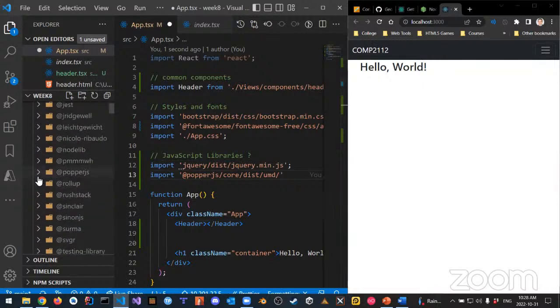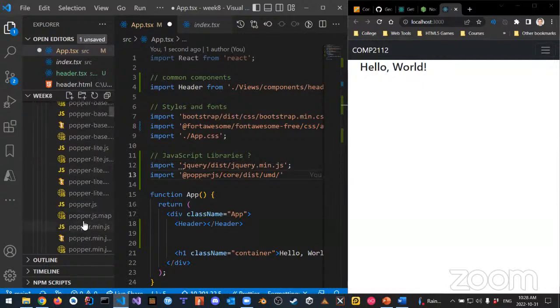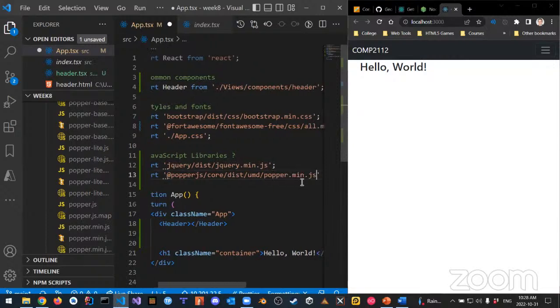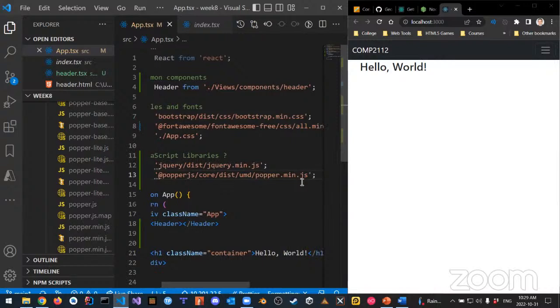Here, I'm just going to go to @Popper.js, @Popper.js dist UMD, and it's going to be something like popper.min.js. Yep, popper.min.js. So I'm going to put that in there. And it'd be nice if I did this and saved, and refreshed,